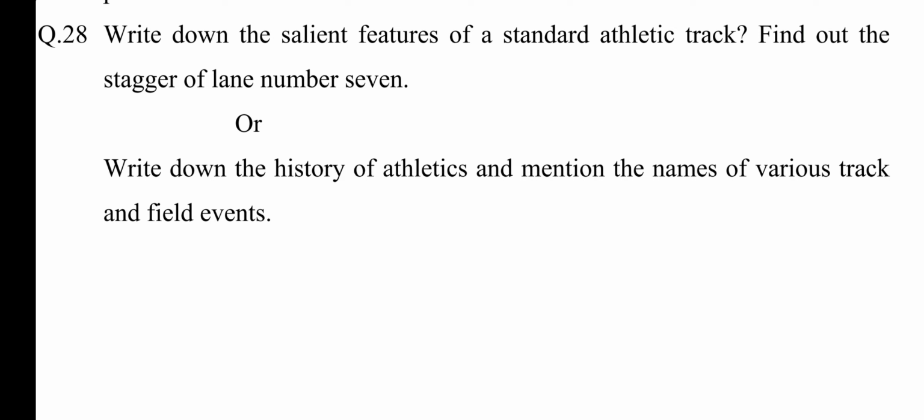The answer may be: first point, the standard track should be laid in the north-south direction. 2. It should be 400 meter with at least 8 lanes of 1.22 meter to 1.25 meter in width. 3. All races should finish on one straight line. 4. Staggers for 200 meter, 400 meter and 800 meter races should be properly marked. 5. Areas for jumping and throwing should be separately marked.